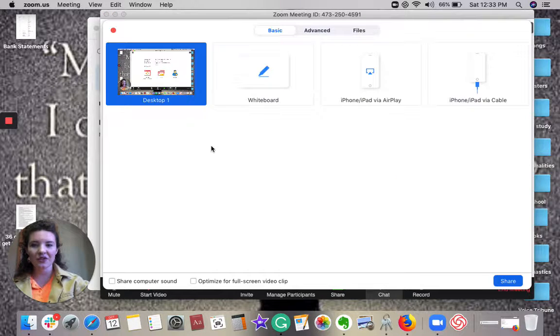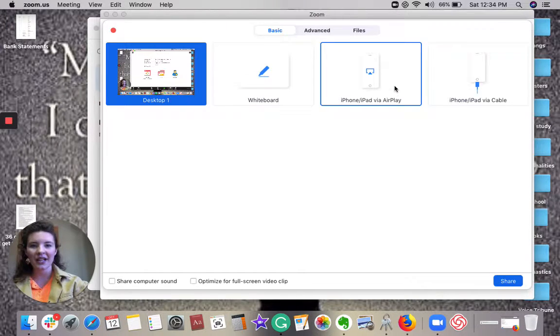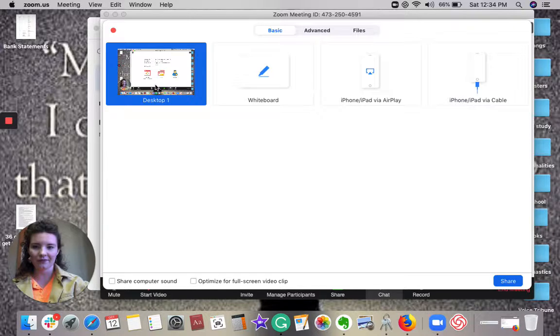What you're going to do is you're going to click the share button and it gives you these options. I'm going to show you these two because I'm filming on my laptop and therefore these two are irrelevant, but if you're doing it via phone, then these will also be helpful for you. The desktop, once you click it and push share,